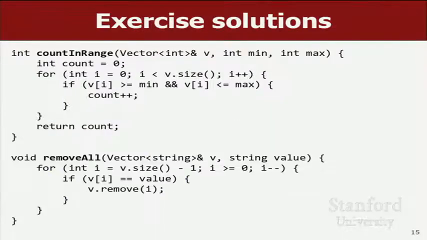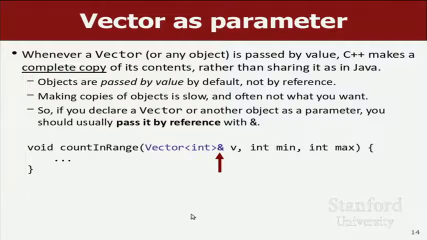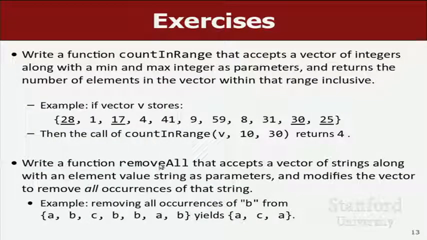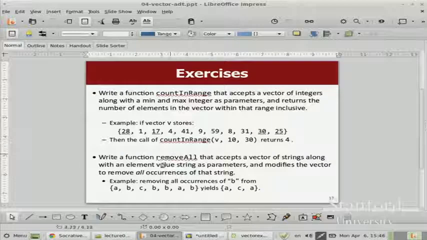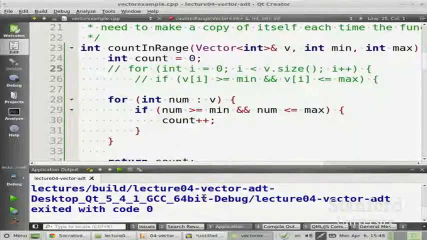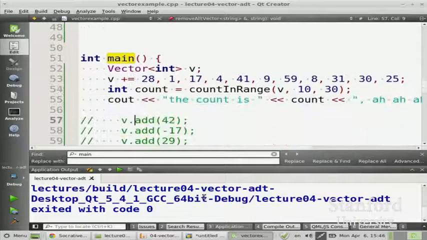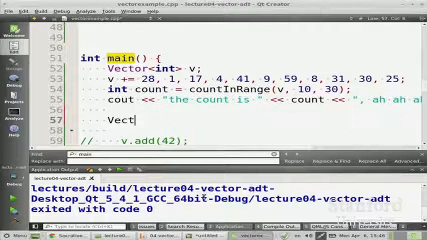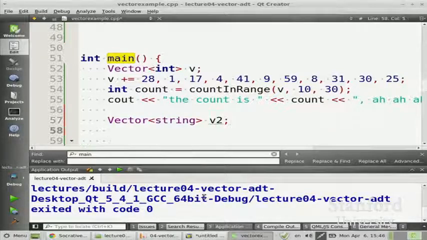Well, maybe to come back to what she asked about, there is this problem called removeAll on the slide. It accepts a vector of strings and an element value, and it deletes all occurrences of that string from the vector. So if I say remove all the b's from this vector, then I will get ACA. So maybe I could set that up and call that real quick. So let me grab this, and let's go to my main. And let's make a vector of strings called v2. And let's say v2 plus equals,